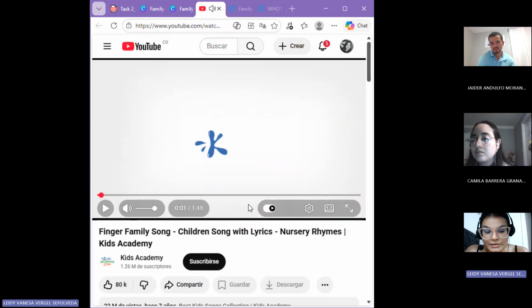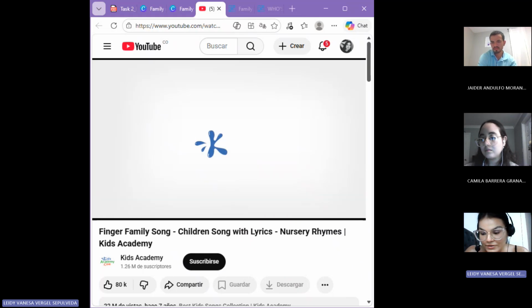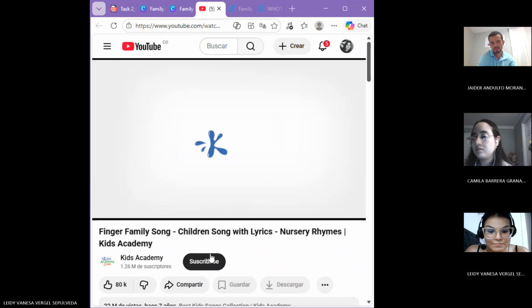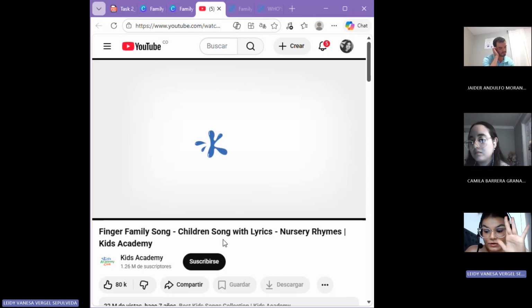This is a song, a finger family song. It's a very active song for them. This song associates the hand fingers with the family: mom, dad, sister, brother, and baby.